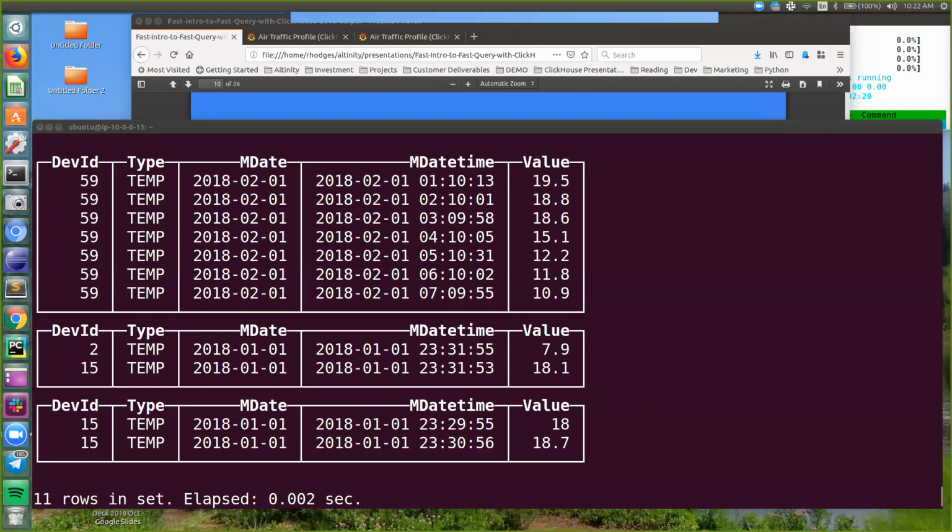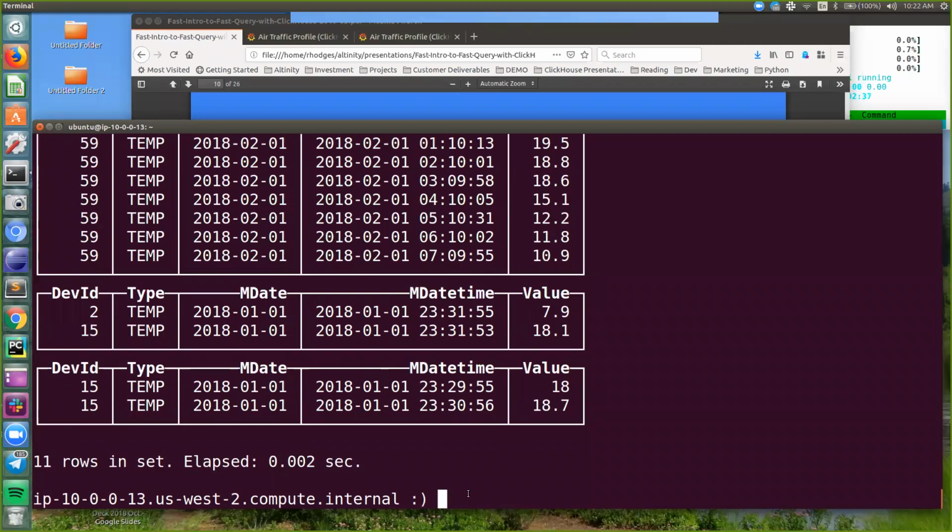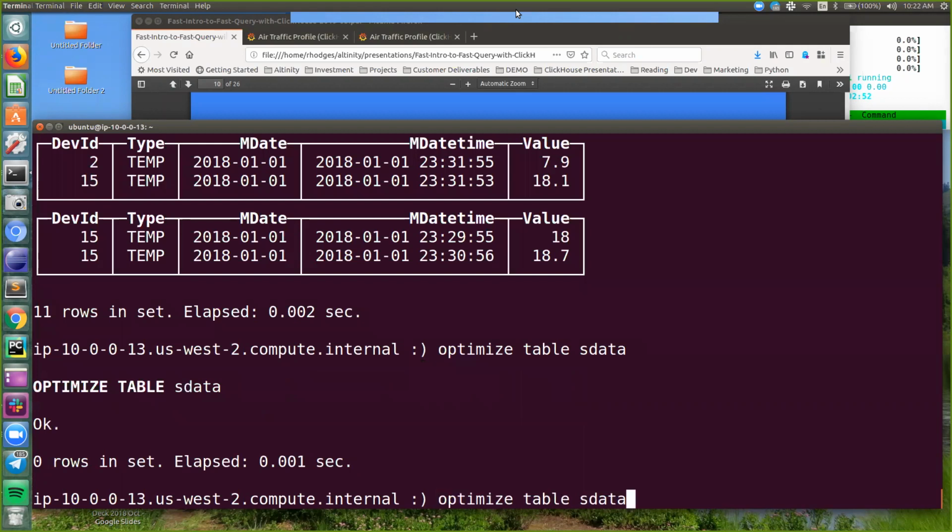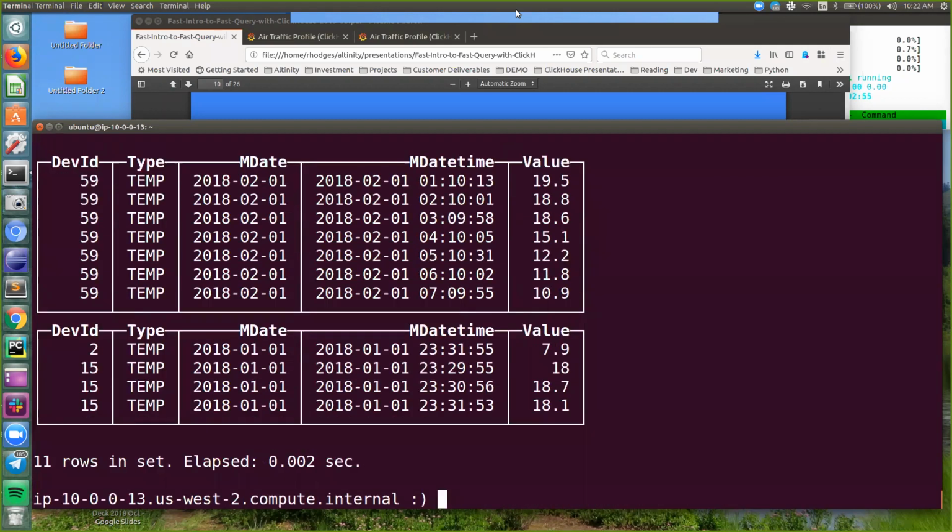But what I'd like to show you is another interesting property: if you wait long enough in ClickHouse, this data will actually merge by itself, so that you may start with a large number of parts, but they'll become smaller. I'm going to force that using something called an optimize table command. So we'll do an optimize table sdata. Okay, and if I do that same select again, voila,